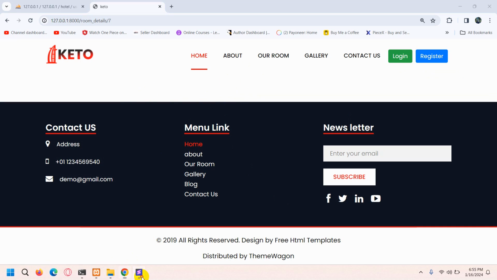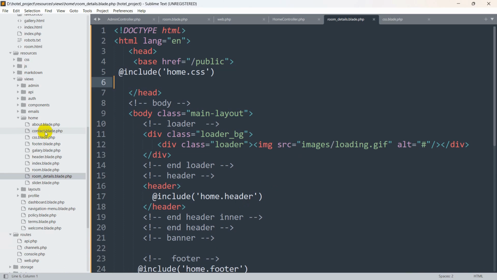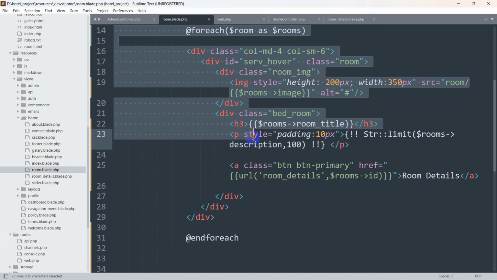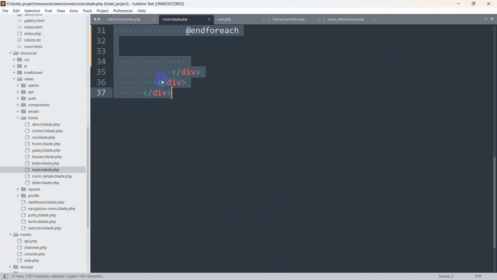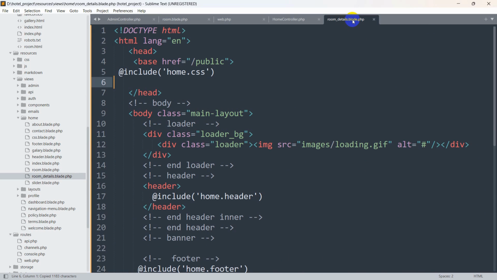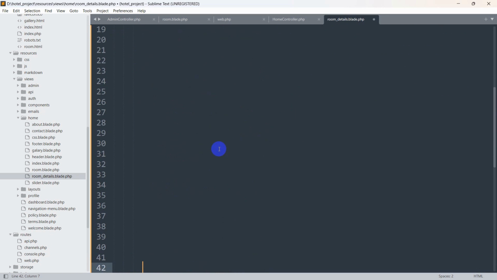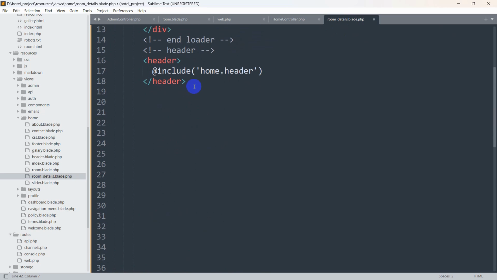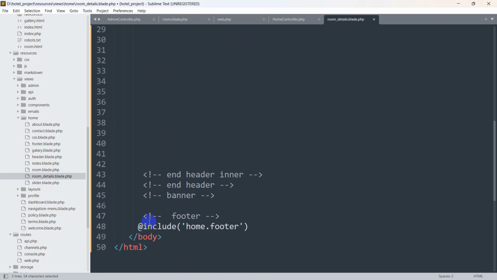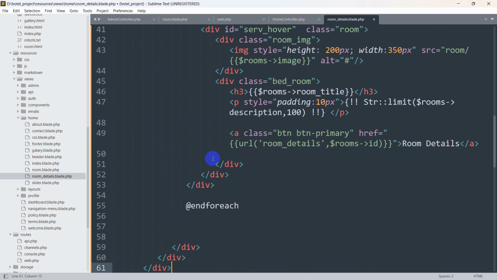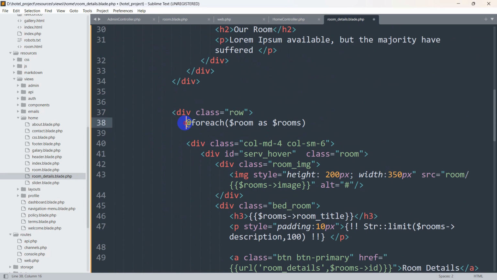So for it, let's just go to our room.blade.php again. Let me just copy everything from here, Control C, and let's go to our room_details.blade.php. And after the header section over here, so in between the header and the footer section, we'll paste the code that we just copied from the room.blade.php. So from here, we'll remove the foreach loop,